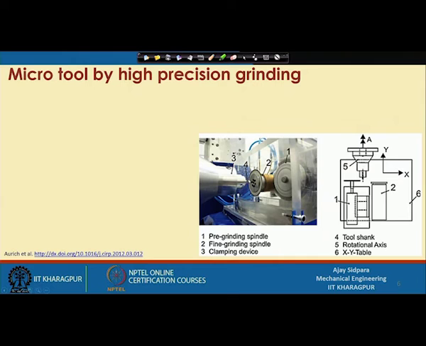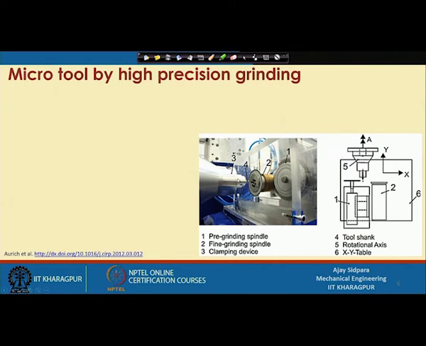So, sometimes you do not need to remove the tool also. You directly mount it to the machining center, so that you can avoid some placement errors, that is runout and everything, when you have direct mounting onto the spindle itself. And this is the tool string which is with the tool, and the rotational axis is given here.